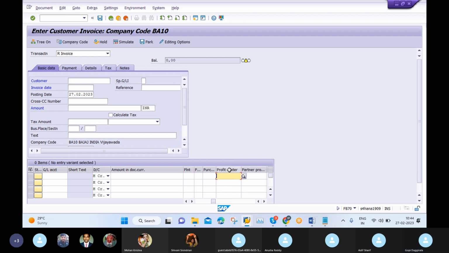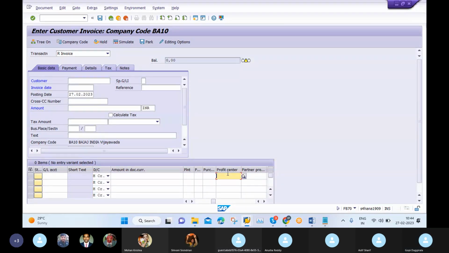Please see my screen. Here, what is this item? Profit center. Profit center is mandatory from the controlling point of view. Now we are in controlling. Finance could say much, but the point is controlling. Then my question is why? Earlier, if you want to post an entry in a purchase invoice or sales invoice without cost center, without profit center, is it possible to post that entry?